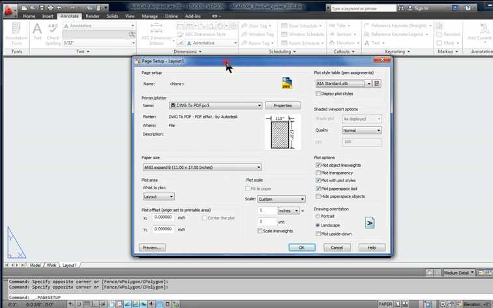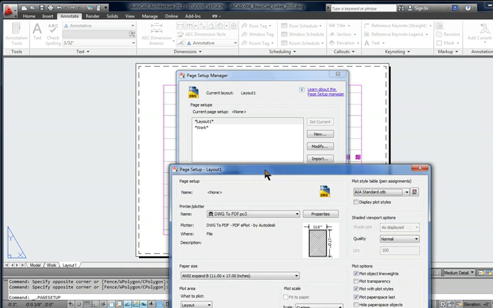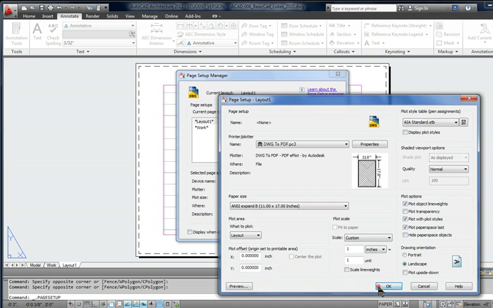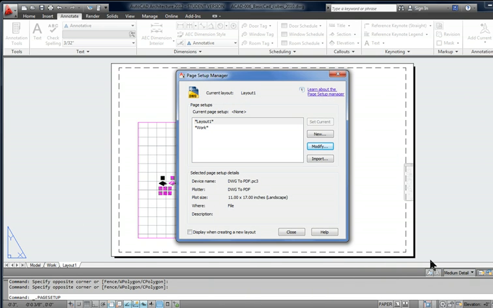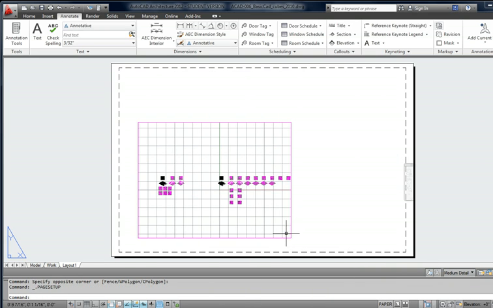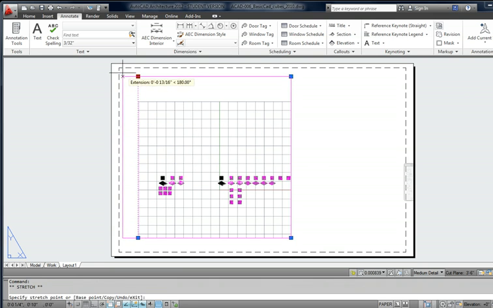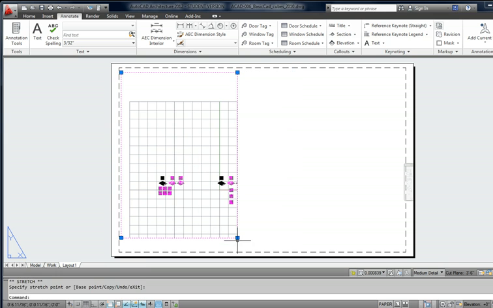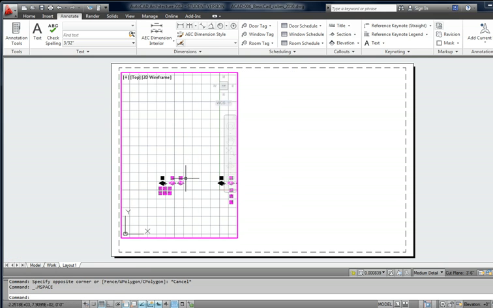Then I'm going to hit OK. But before I do that, I'm going to move this dialog box and look at my white canvas. It's still 8.5 by 11, right? I'm going to hit OK. See how it changed? Then hit close. Okay. Now I'm going to select my window, move those little blue handles, double click inside,